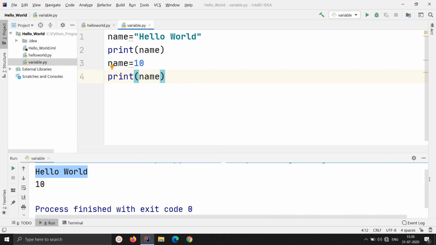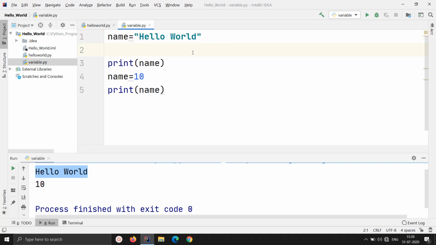So I think by now you are able to understand the real power of Python. It is giving you all the freedom in the world to use it any way you want to carry out your tasks. It is not asking you to declare the variable beforehand. It is giving you all the freedom to use it any way you want. Just perform your tasks.